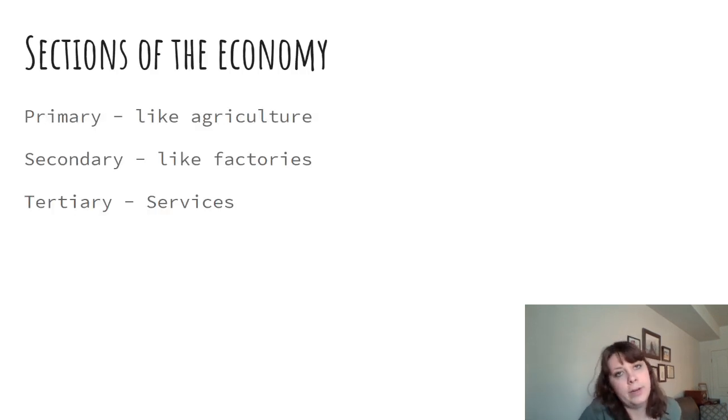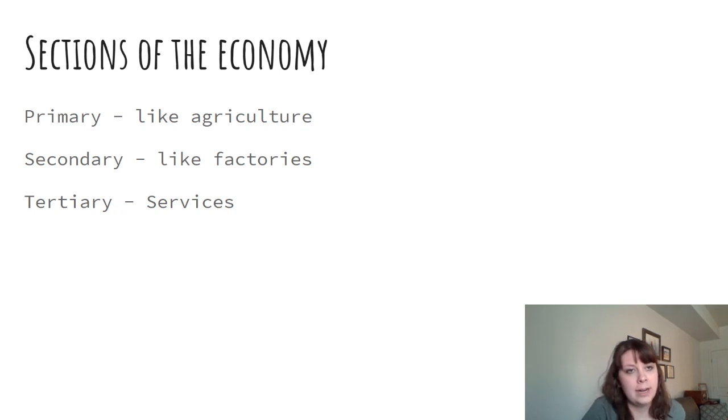So we're looking at 3 sections of the economy. On your country comparison assignment with Africa from last time, where you had to look up the 2 different countries, there was the GDP by sector, and it had agriculture, I think it just said factories, and then services. So those are the same as these.